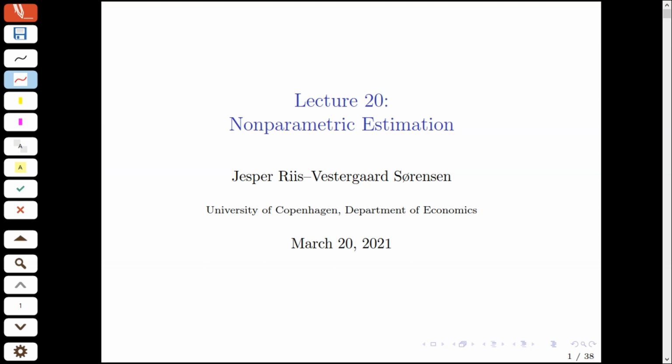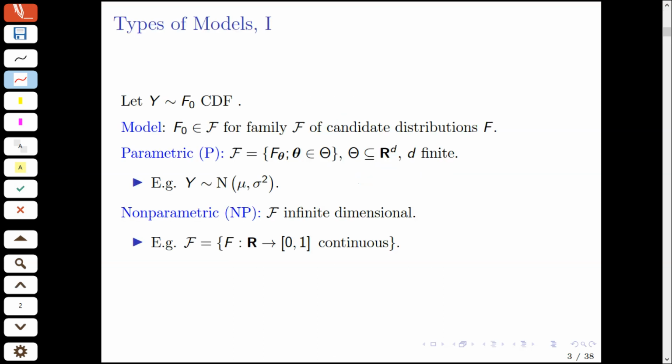Today's lecture is on the topic of nonparametric estimation. Roughly speaking, nonparametric methods refer to methods for models which are not parametric. So, what does that mean? Let's consider a setting where an outcome of interest, this is a y, is distributed according to some cumulative distribution